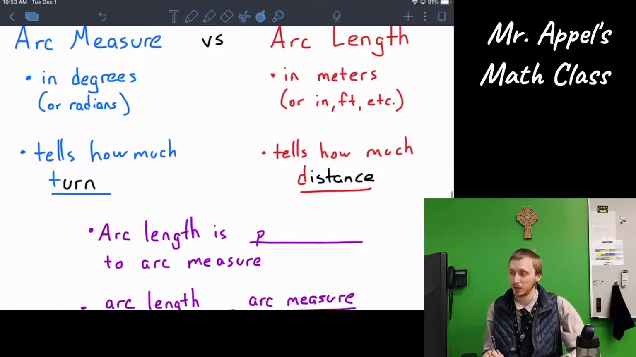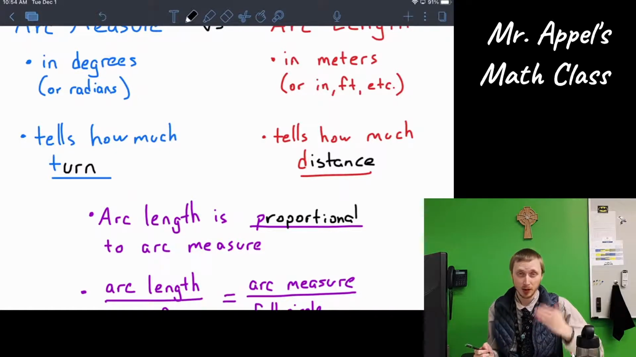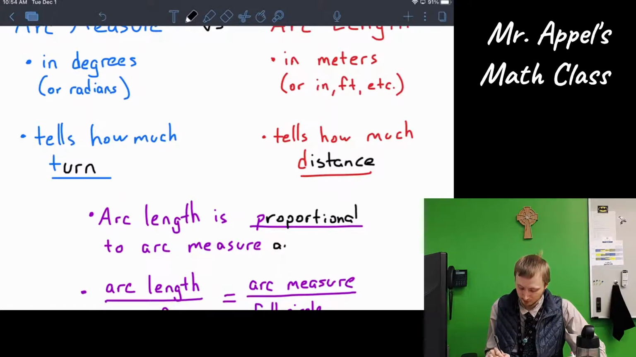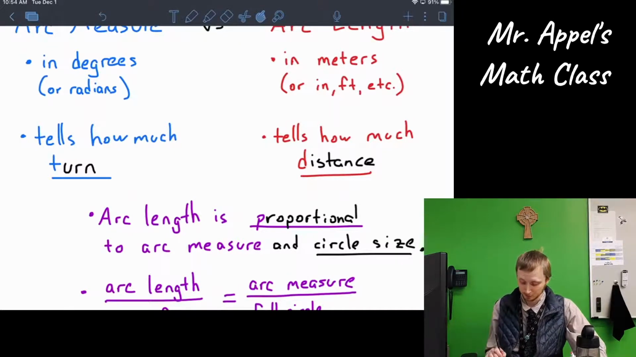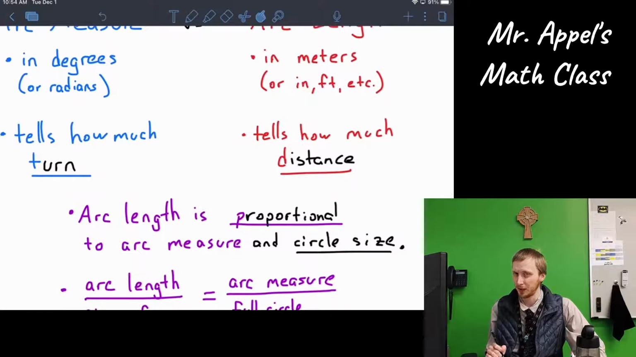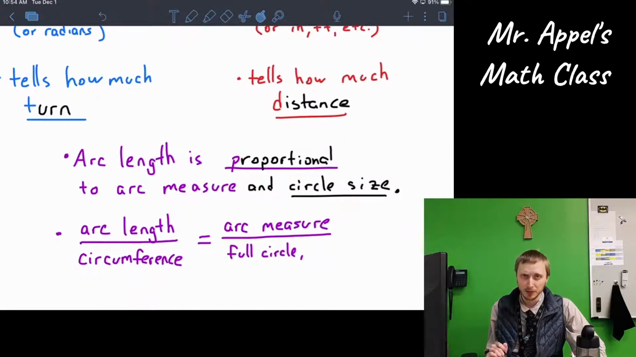Which means the arc length, you could say, is proportional to the arc measure. I'm going to add one here: circle size. What does that look like? It means how you calculate it